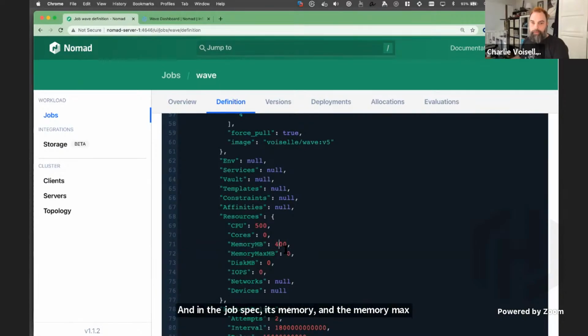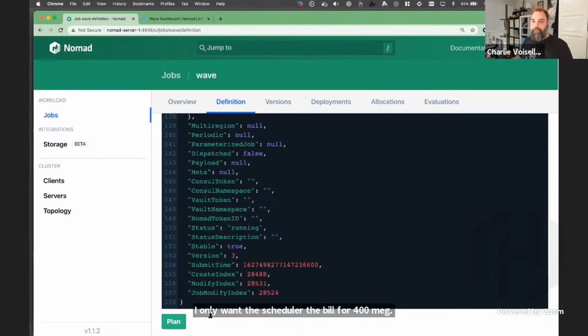Those 2 values now create a soft limit, or sort of an expected value that is billed against for the scheduler. And the max is still an enforced hard limit. So you can prevent a job from running away and eating all of your memory, and still allow for oversubscription. So I know that that job doesn't use any more than 520 meg right now, but I want to be able to have it run in as little as 400. I only want the scheduler to bill for 400 meg.